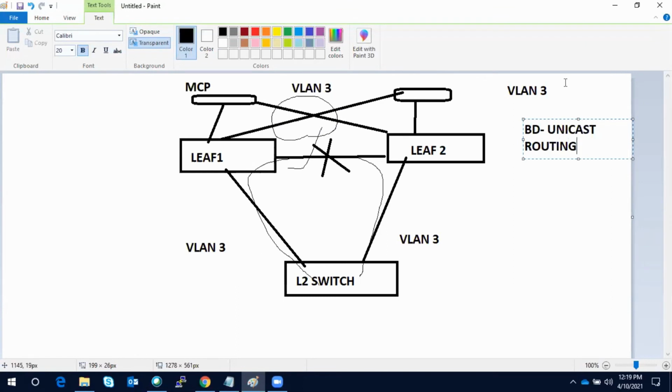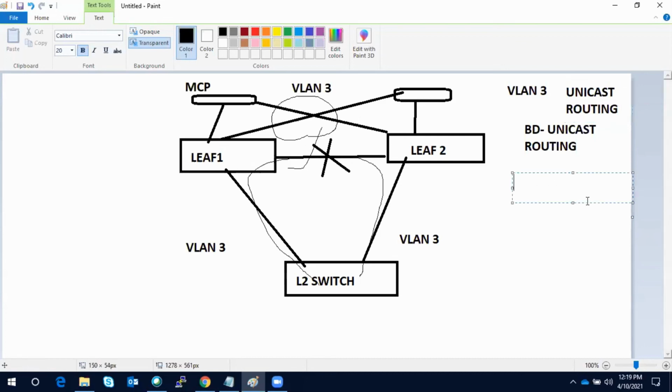So for VLAN 3, if you have enabled unicast routing, then whatever layer 2 packet goes here will not be propagated inside the fabric. So there will be no loop. There will be no layer 2 loop because your whole ACI fabric is acting as a routed fabric. So you cannot pass your layer 2 things over layer 3 particularly. That is one thing.